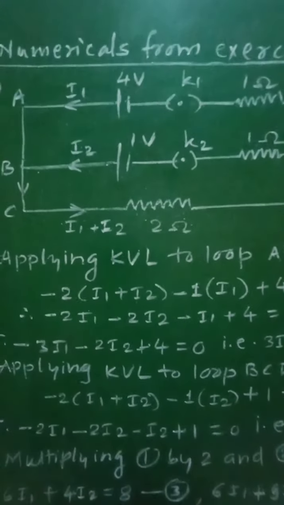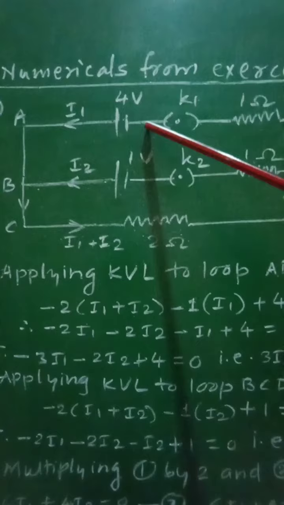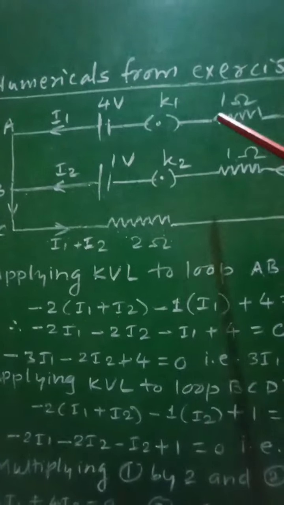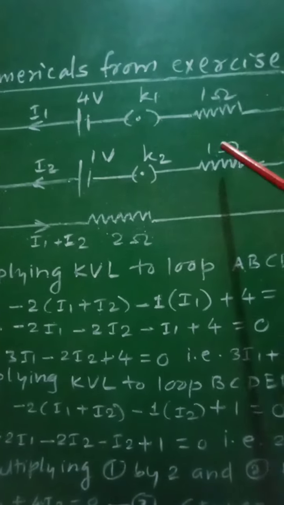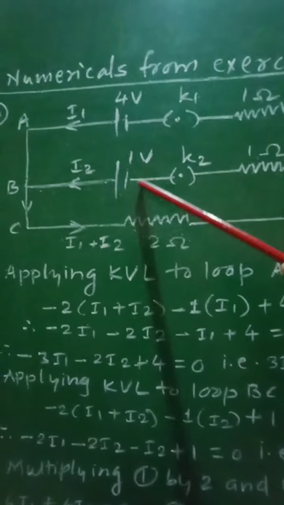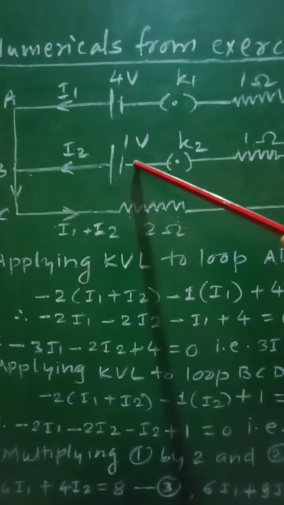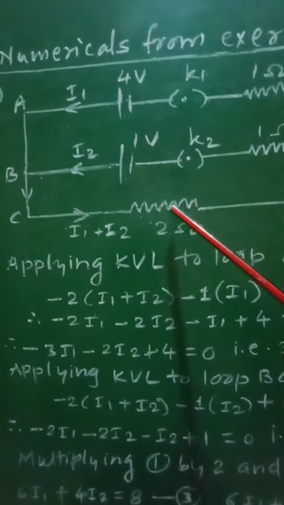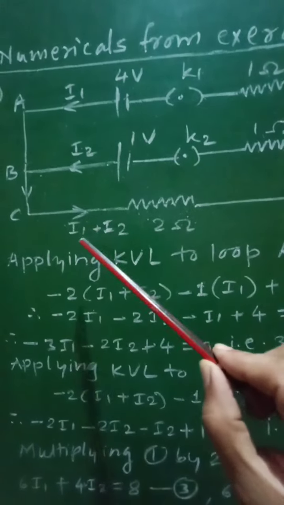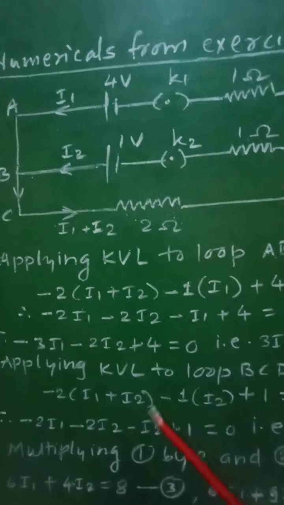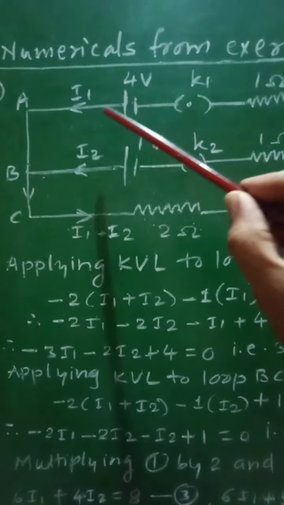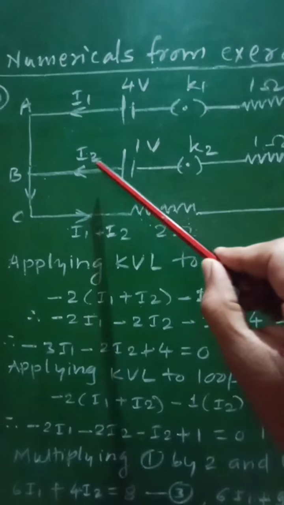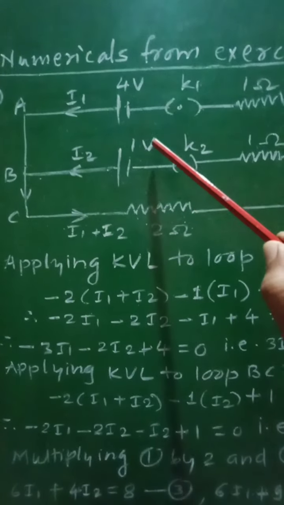And therefore, with the help of given data, let us consider two batteries of EMFs 4 volt and 1 volt with their internal resistance 1 ohm each connected in parallel with each other. Then this parallel combination will be further connected to the external resistance of 2 ohm in order to send current in the same direction. Let I1 be the current due to battery of EMF 4 volt and I2 is the current due to battery of EMF 1 volt.